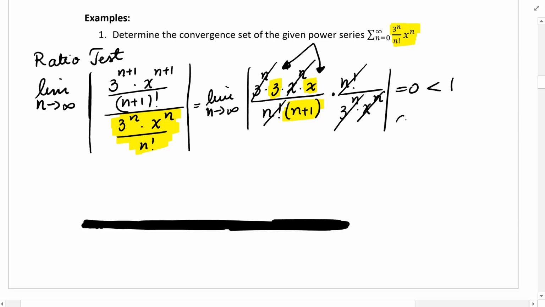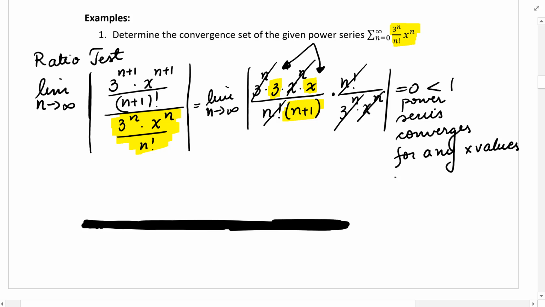So the power series converges for any x values, which means the interval of convergence is negative infinity to infinity. Therefore,